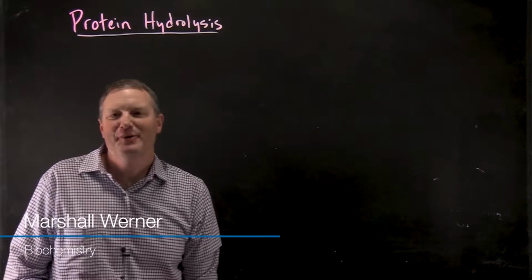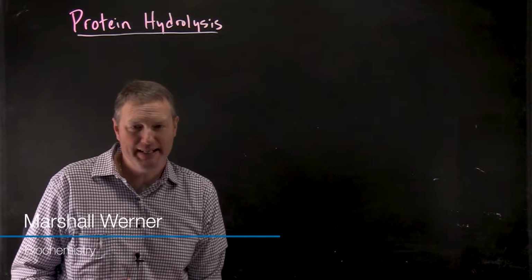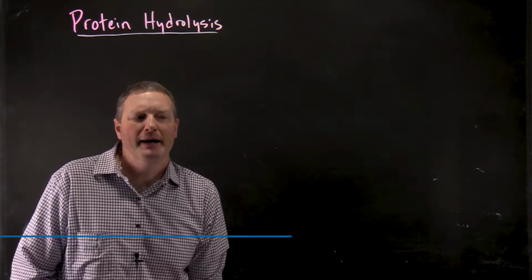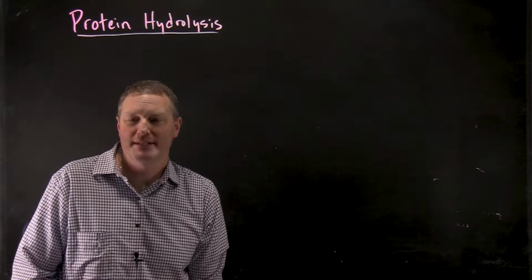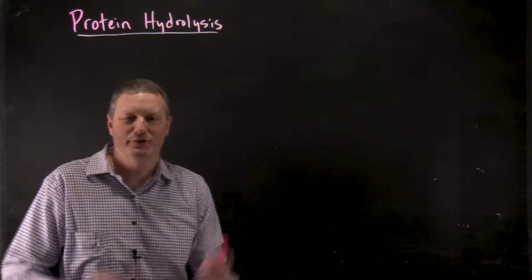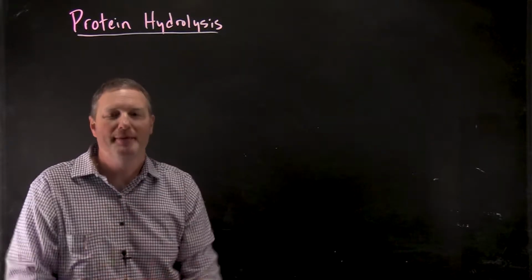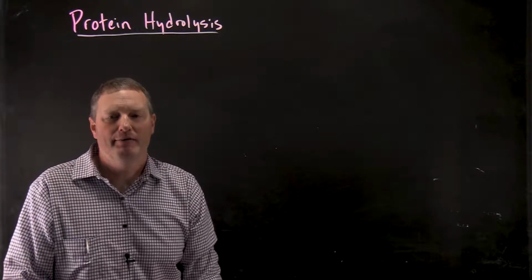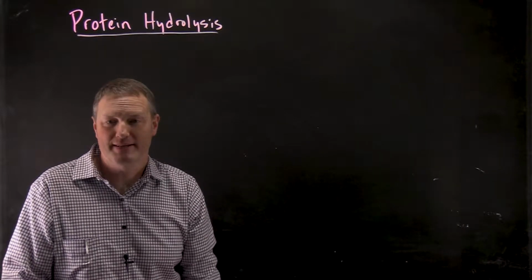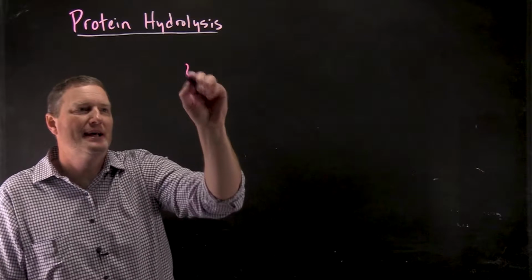Hi guys, in this video we're going to talk about the concept called protein hydrolysis. Now you may recall, in order to synthesize a peptide bond, you take two amino acids and bring the amino group and carboxylic acid together. It's going to form an amide bond. However, if you want to reverse that process, so let's say we had,